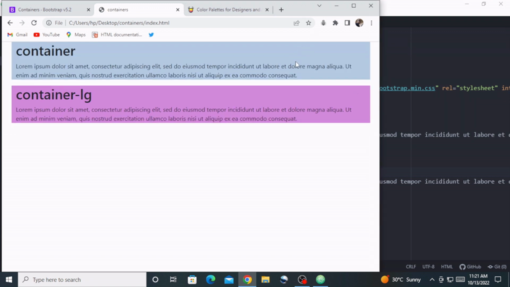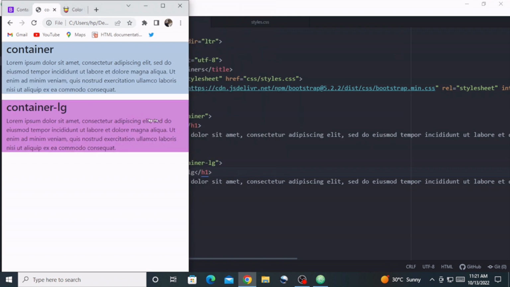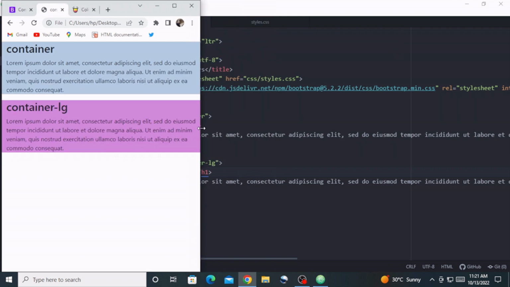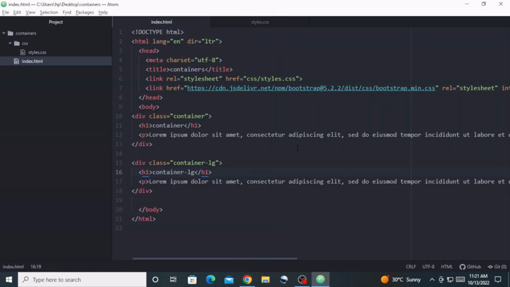So this one, the first one that we added, its size, or the maximum width, changes relative to the size of the screen. But here we are able to be specific at which point we want the breakpoint to be. With this one, we were specific to say we want our container to take up 100% of the width up until the large breakpoint. So I'm just going to create another